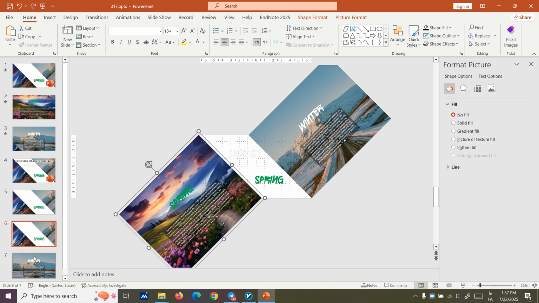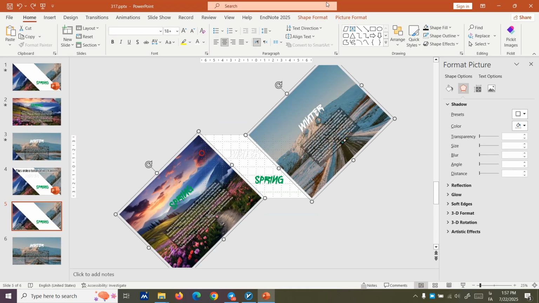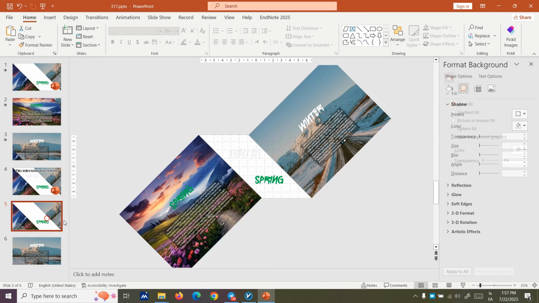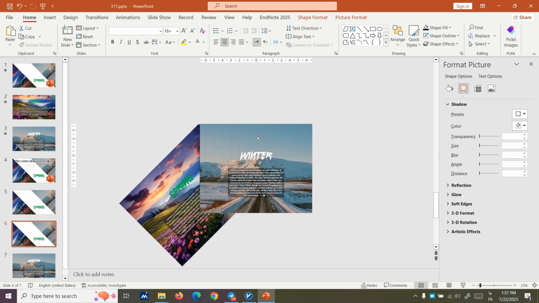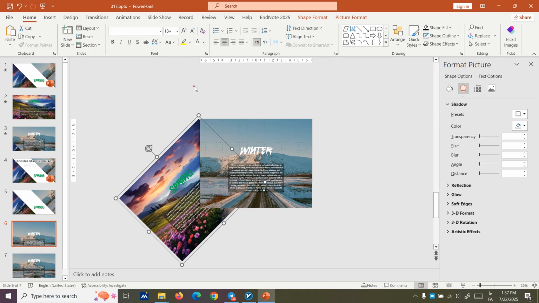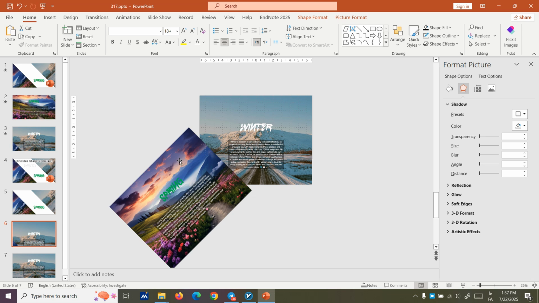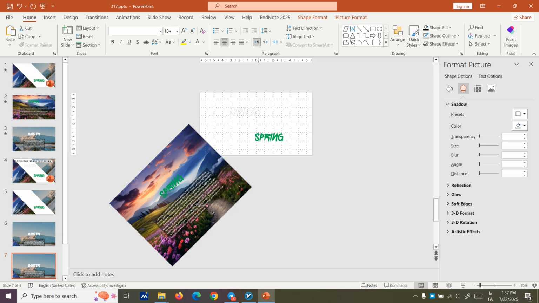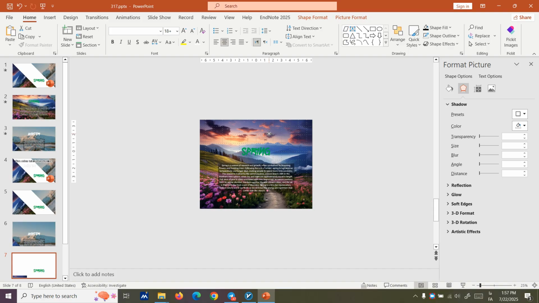After copying, let me do some trick. We click on these two things and bring them to front. Copy this thing and then rotate it. Put the spring here and bring this thing to front, but in this angle, and then copy that, cut this thing, bring this thing to front,